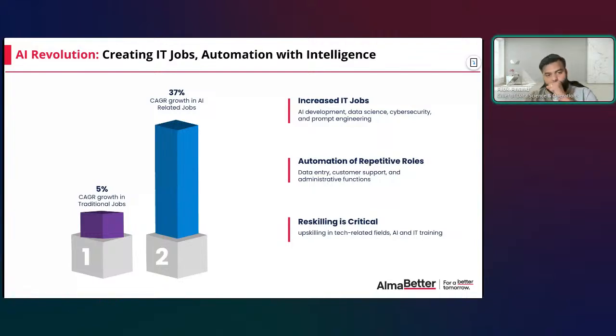Now, the next part is the AI revolution. Because if we are in tech, AI is something that is very integrated with tech, and all of us should talk about it before we think about opportunities and all the things, right? So here, if I compare the current scenario versus 5-10 years back, it has transitioned from just automation to automation with intelligence. This is something which all of us have to understand.